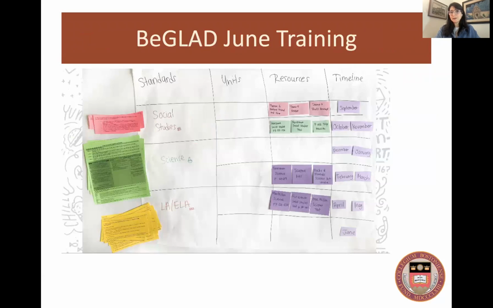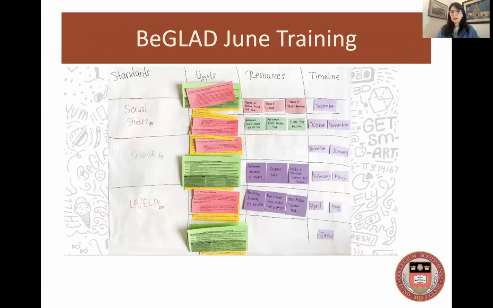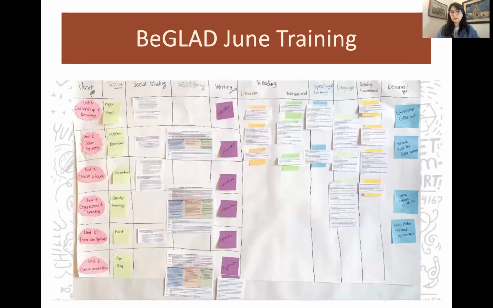And to do that, they have the teachers work with the specific standards here in different colors, depending on the discipline, having clear what the resources will be and their timeline. Then they spread out the different standards throughout the units. And as you can see, making no distinction of what disciplines they come from, as long as they can cover them within each of the units. This is another view of what it looks like once it's done, with the units on the left column, the timeline, and then the specific standards by content area,